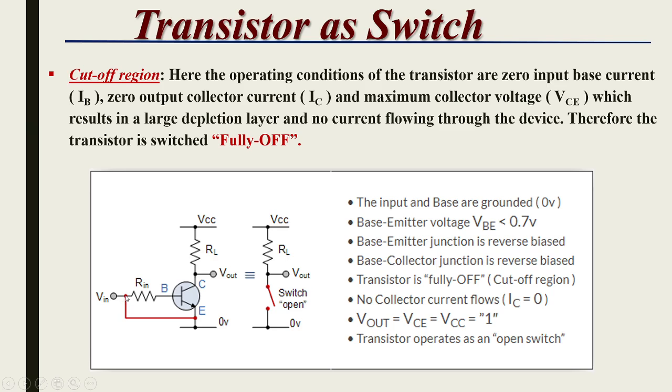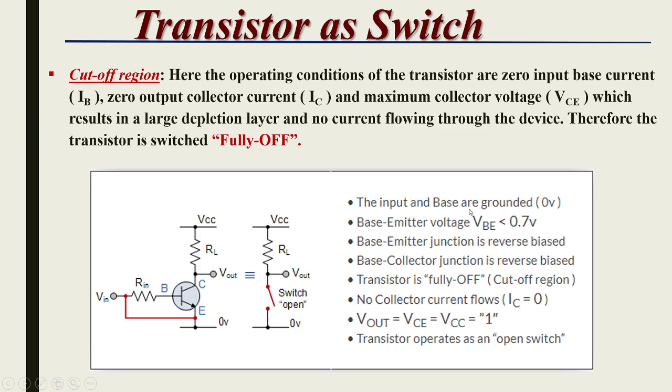When we connect the input of this transistor to the ground, that means we are applying 0 to the input, or the base, of this transistor, so this will turn off the transistor. So this will act as an open switch. Whatever voltage is applied at the input, that is VCC, will appear across this resistor RL, and here we get Vout equal to VCC.